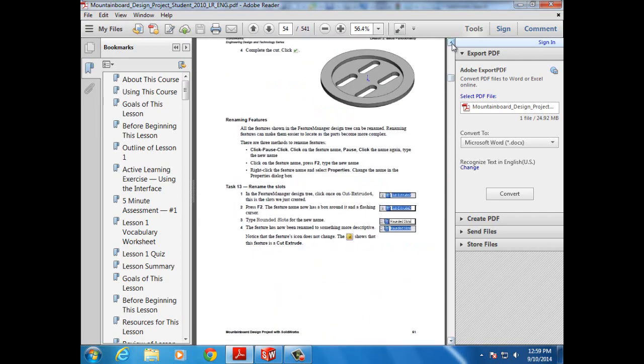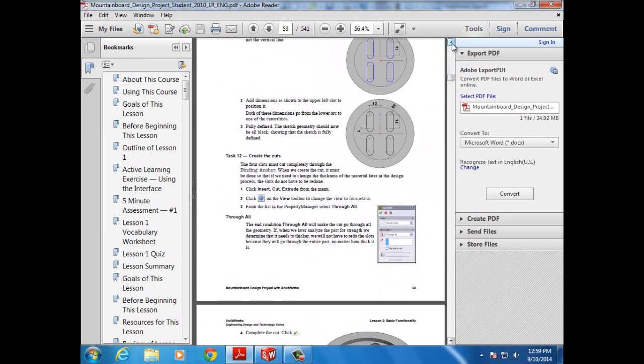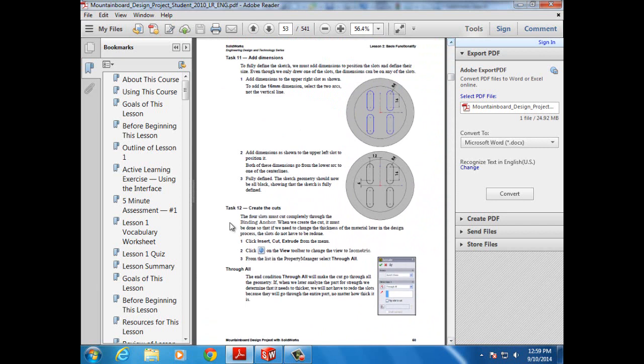There we go. Go up again. All the way down to page 60. So now we have our create the cuts. It says click insert cut extrude from the menu, and then